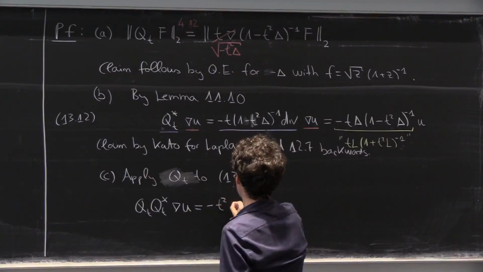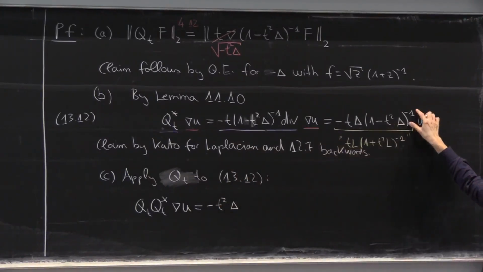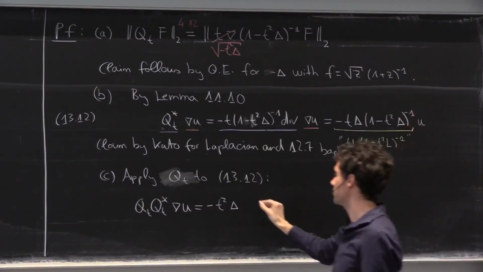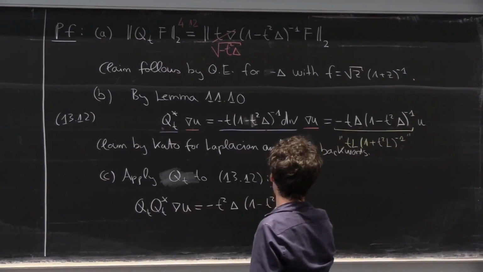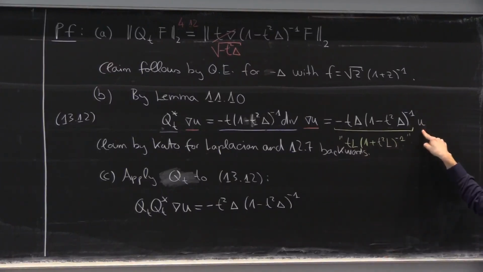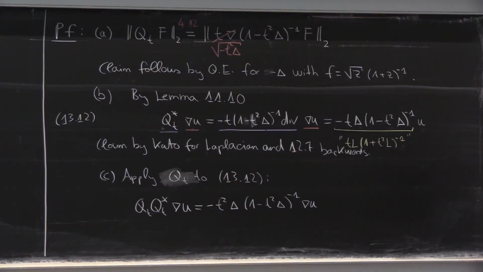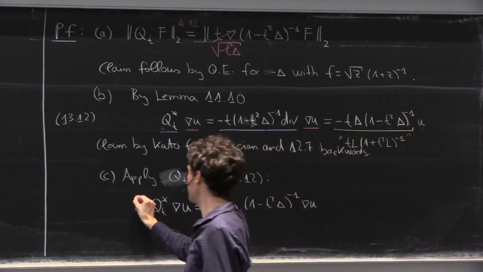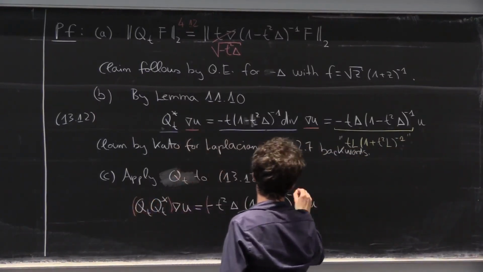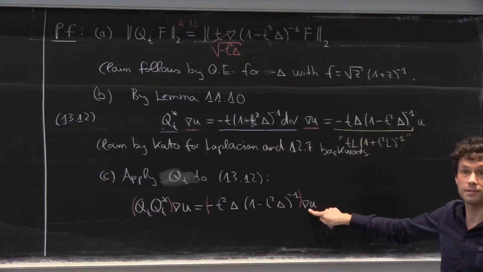The t squared delta I leave as it is. The additional resolvent I have to introduce, I introduce here to make this a resolvent squared. And the additional gradient I have to introduce, I introduce it at the very right, because then this is grad of u. Okay? And so it should be read in this way. It's this operator acting on grad of u. Now I want to reproduce this element of L2 by this sort of formula.